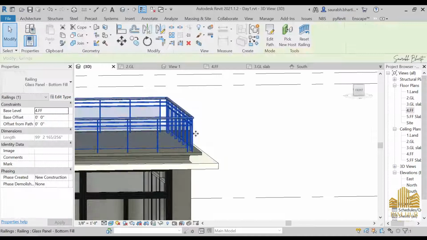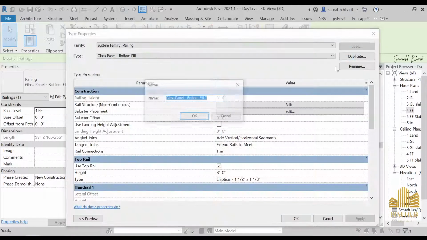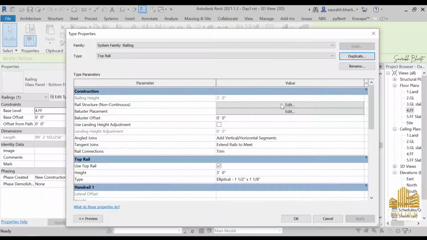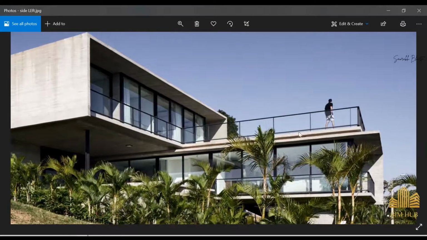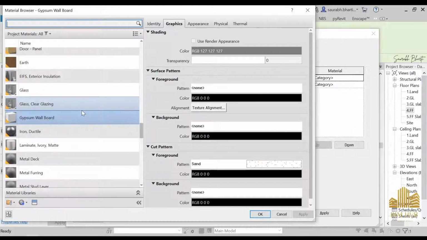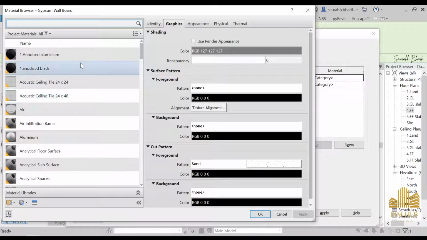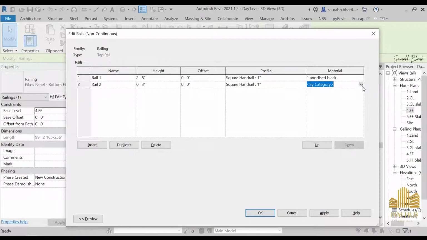panel railing. So we can actually make the changes directly to this railing. So just go to edit type, duplicate it, and after duplicating it, write its name as top rail. Okay, and now go to the structure, and here we need 1 and 2. So just 2 railings, one at like 3 inches and one at the top side. Okay, and here we just have to change this to, either you can go to anodized black or iron ductile. So I'm just choosing this black one only,